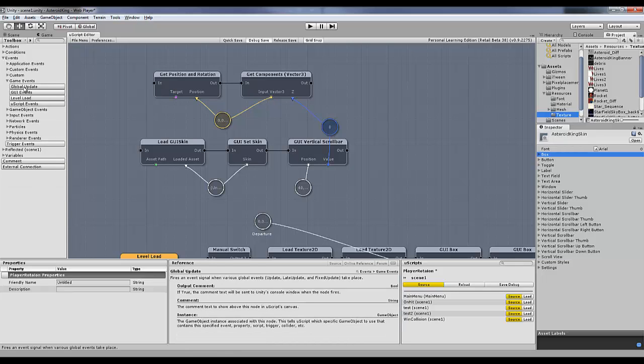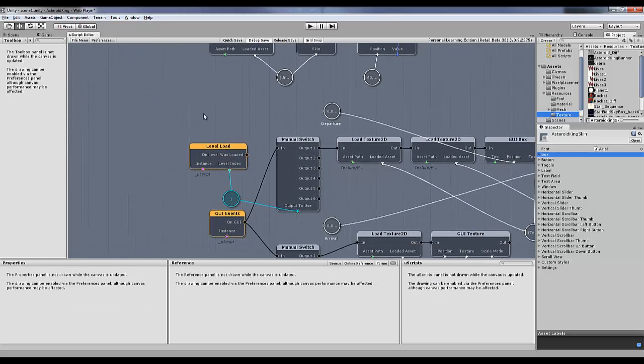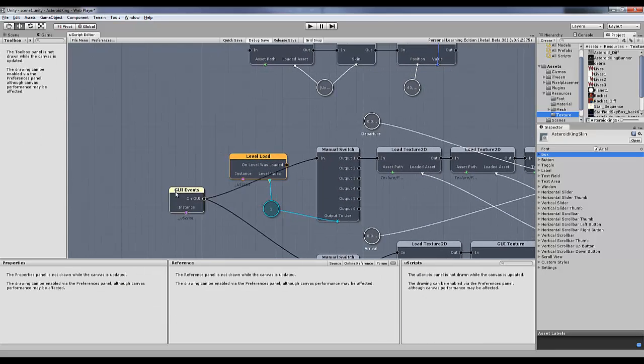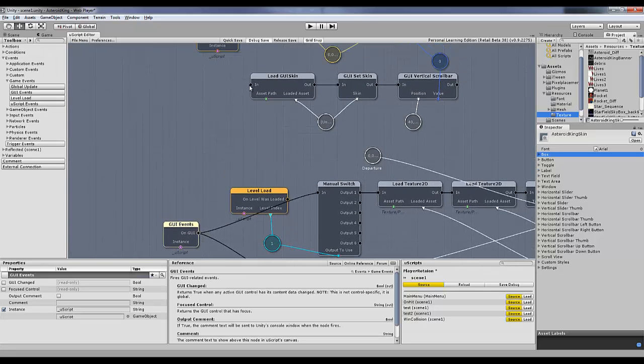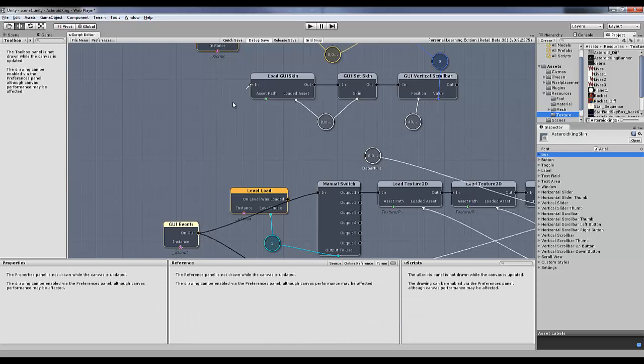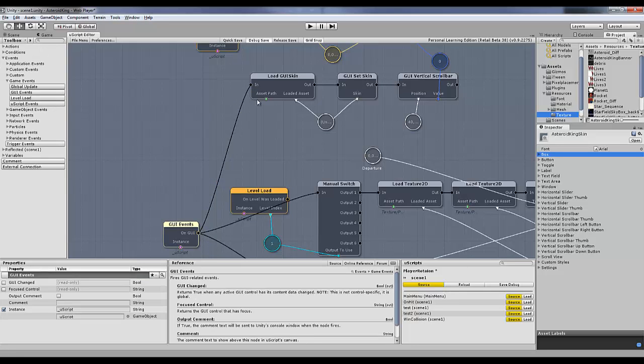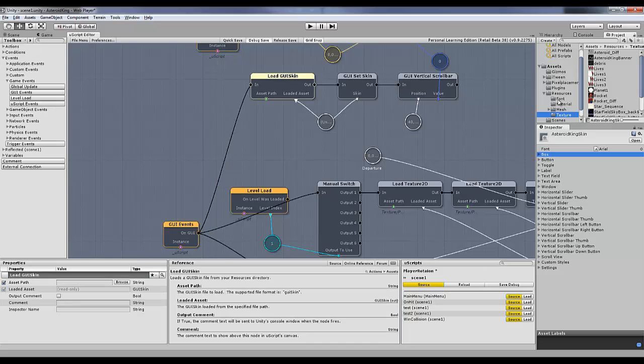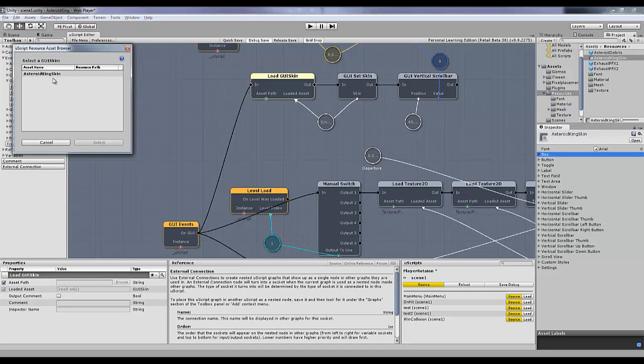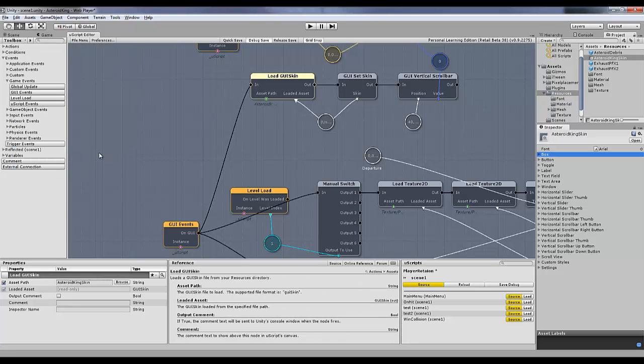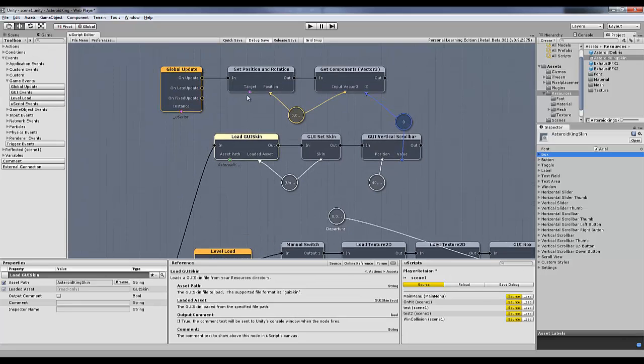And we want this to fire all the time, so every second. So we're going to do it on update, which updates quite a lot of times a second. And we need to grab this on GUI event because we're using GUI information. So let's hook that up. There we go. And let's add the correct skin in there. So if we browse, we should be able to see our custom skin. Add that in. So that's now going to load our custom skin, and then it's going to set the GUI